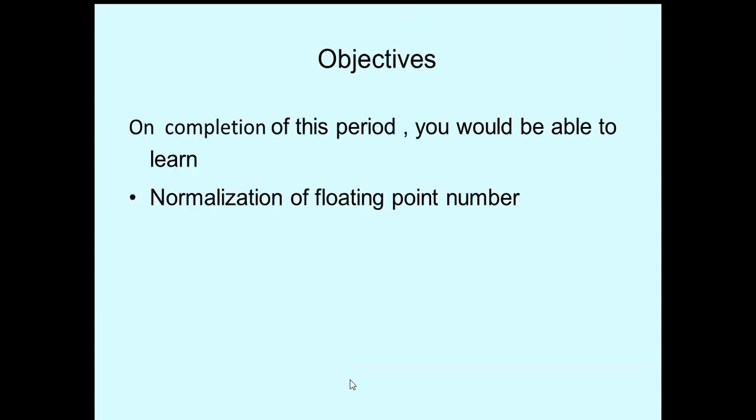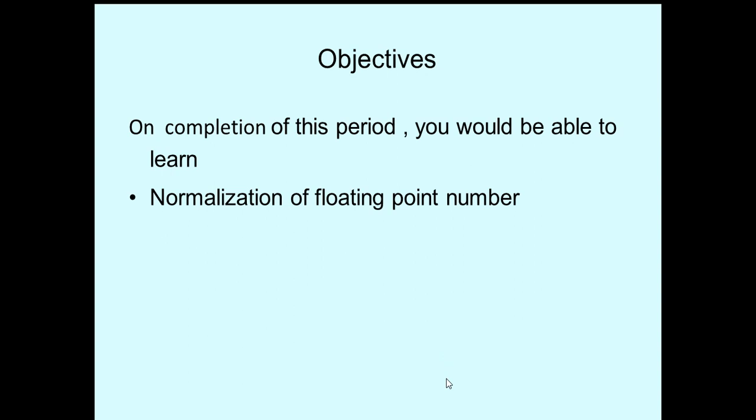Before explaining floating point addition and subtraction, first we have to know what a floating point number is. In the earlier classes of this chapter, I discussed what is meant by a fixed point and what is meant by a floating point number. So what is fixed point here? The decimal point fixed at one place is a fixed point number, and one difference is that only one register is used to store that number.